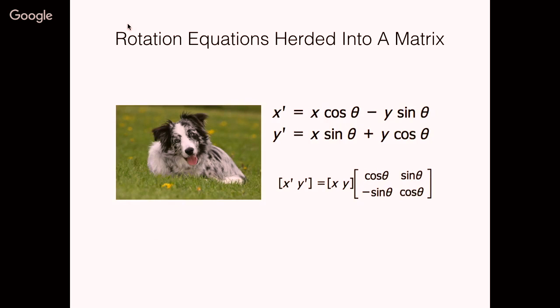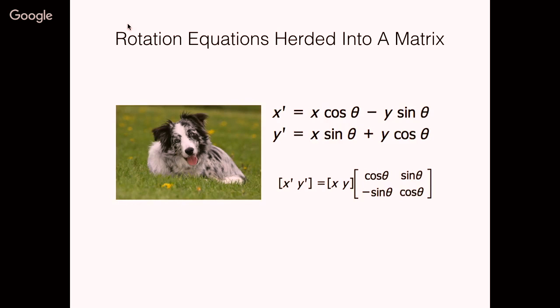So if you want to find out, sorry, where are we? Yeah, so the result for x is you take the point that you started with, which is xy, turn it on its side, and you get x cosine theta minus y sine theta, which is the equation at the top. And then you do the second column, and you get the second equation. And it's simple. You're just herding them together is all you're doing.